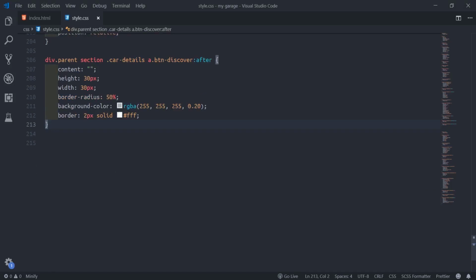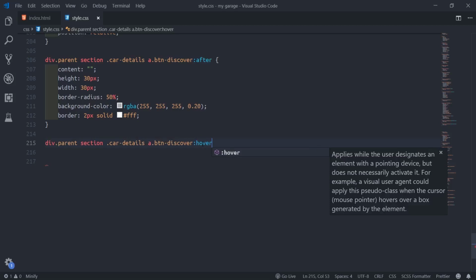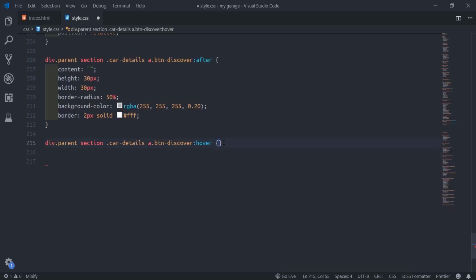So I'll come here. By the time we hover on this button, discover, we want to create this animation.